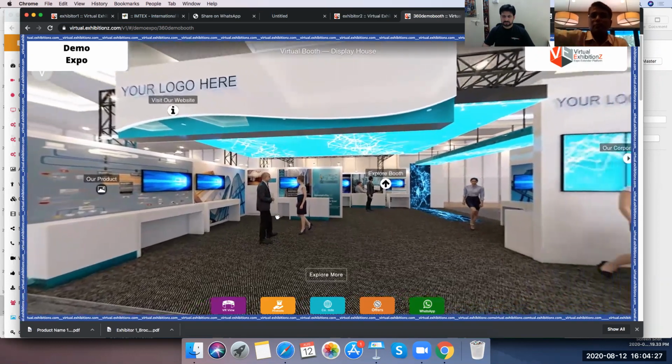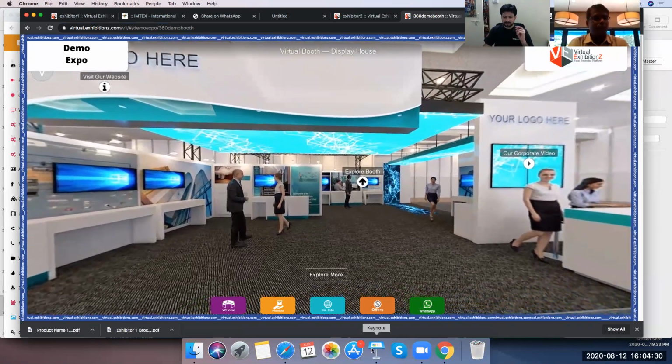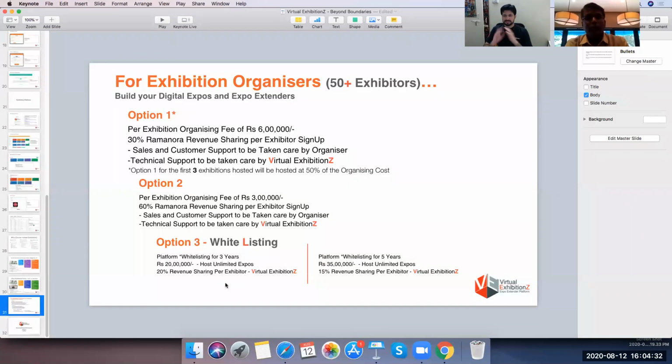To be very frank, this part where we have given a smaller revenue sharing element is designed on the same parameter: there will be some technical aspect that needs to be upgraded, updated, changed, added, subtracted.